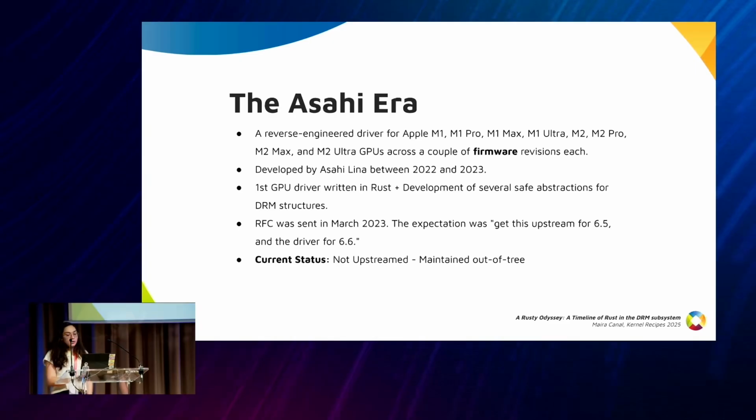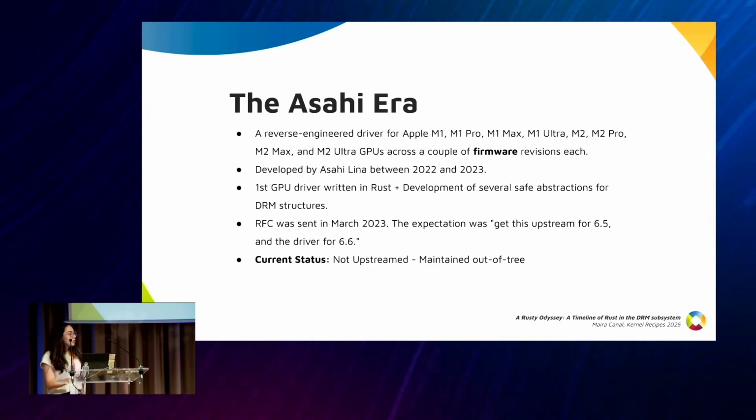And as I mentioned, I believe that at this point, the general feeling was enthusiasm and expectation of a quick merge. As you can see, I took this quote from the RFC. The expectation was to get this upstream for 6.6. I mean, we are in 6.18 right now. And sometimes we thought that this would move really fast. But as I said, the kernel is a huge project, and sometimes we need to reach some consensus in the community before making those big changes.